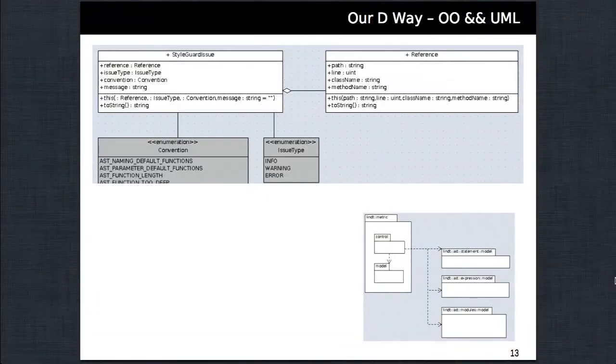This is just one small example of a UML model we are using. You see here 2 classes. We model just every attribute, every method we have. We even model the enumerations. And here you see the package dependencies. We have a package called control, and this depends on the package model, but the package model does not depend on anything else, and the package control also depends on 3 other model packages.